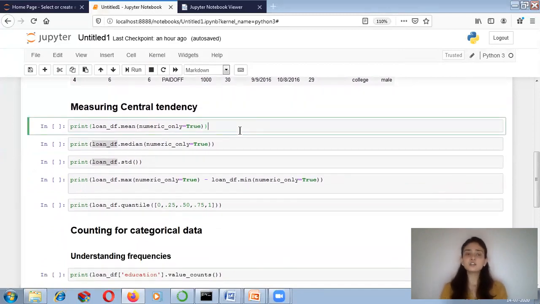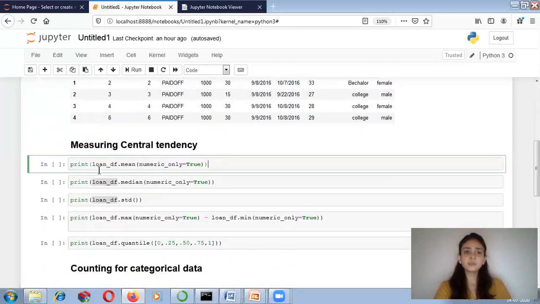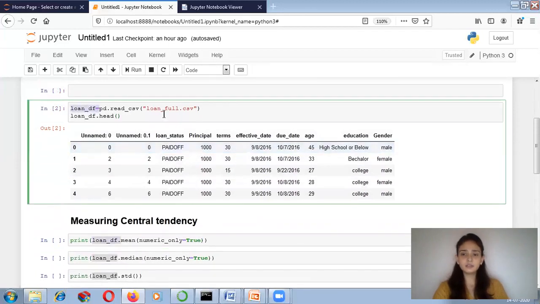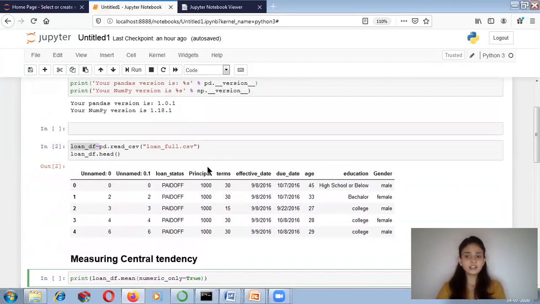Now we will see the topic, that is measuring the central tendency. So we will see the topic based on this particular data set. I have loaded this data set. So I am writing over here loan_df, that is my data frame name, where my complete data set is present. So my data frame name, loan_df, dot operator, I am using an inbuilt function, that is mean, and I want to calculate the mean of the numeric data only, not the categorical one.